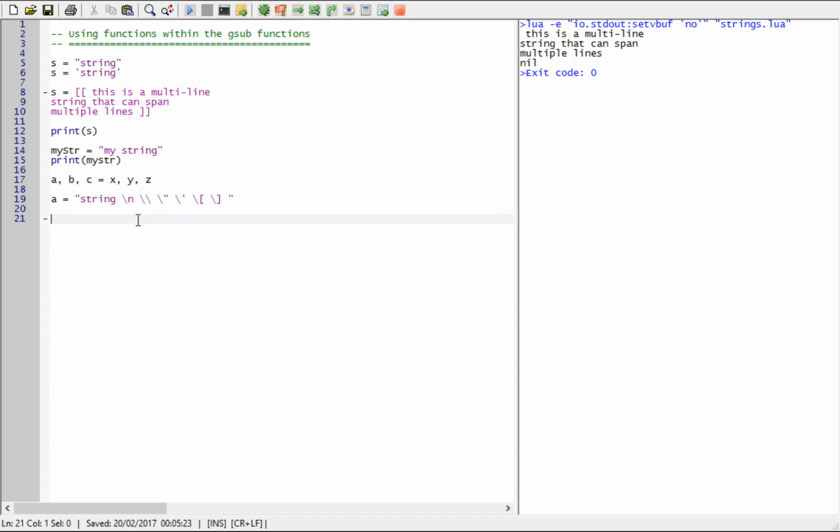Lua will automatically convert some data values into a string where that's necessary. So for example, if I'm doing a string concatenation and one of the parameters is a numeric, it will convert it to a string for the concatenation. And there's a tostring function. So for example, if I'm doing an equivalence test and I need to convert a string, I can do so with tostring, and it will then convert it as required. So if I run that,